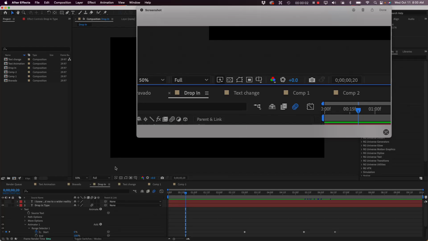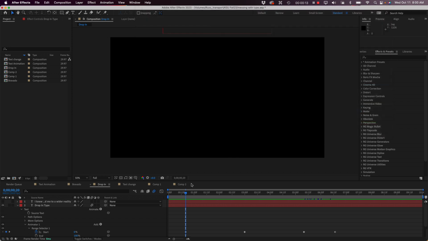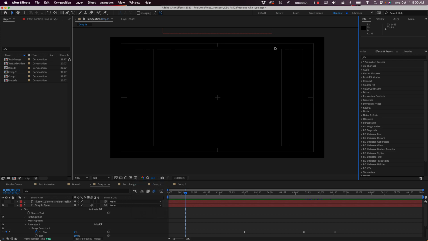All right, so within this area right here, your action safe, title safe fall under this icon. So within my screen, if I turn that on, select action title safe, you'll see that it gives you those lines on your screen. They're just guides, they don't print or anything else, but they're that visual reference to know where you want to